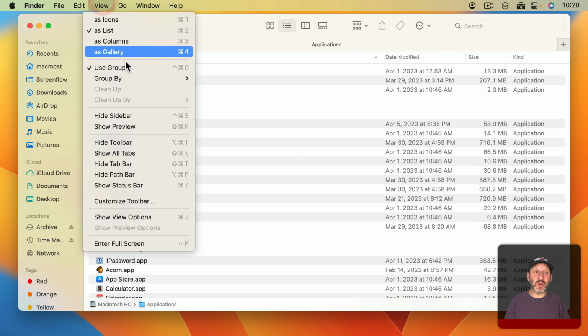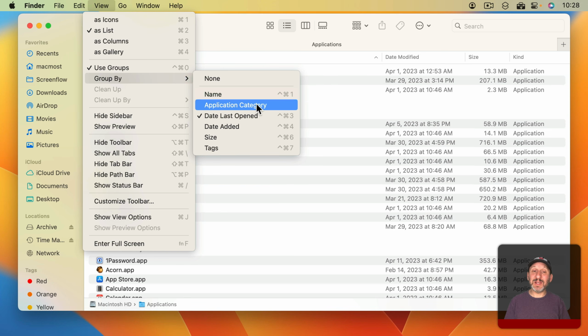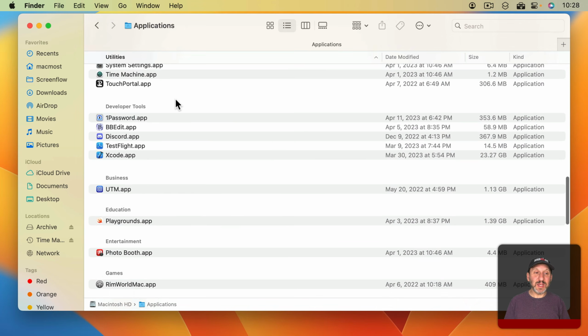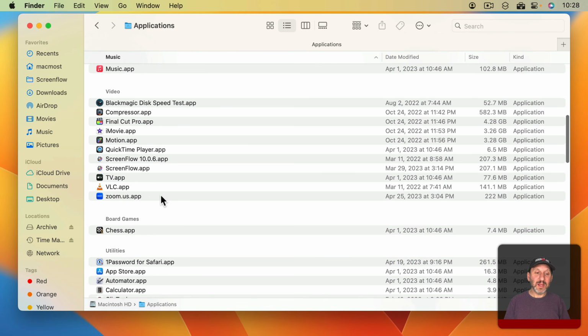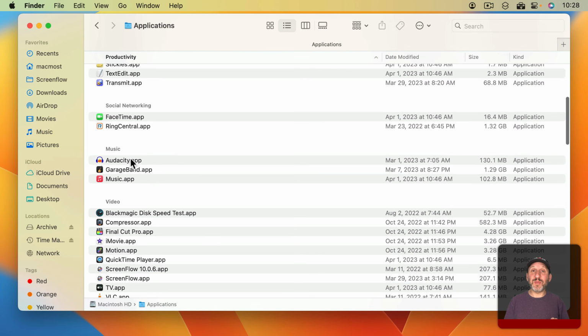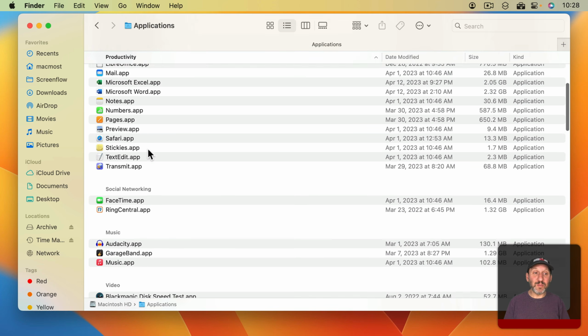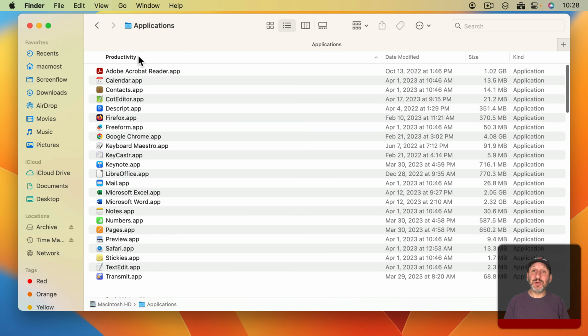But you could also go and group by application category, something that's not available in other regular folders. When you do that, you'll see everything has this category here. These categories come from things that the developer sets when they make their app. So it's the application developer that gets to say what category their app is in. You can't change it. And for the most part, these match up to the categories you'll find in the App